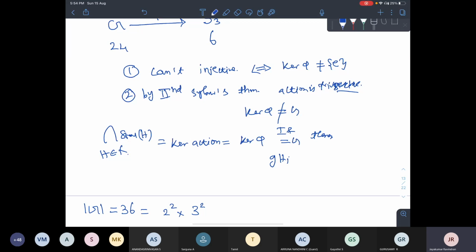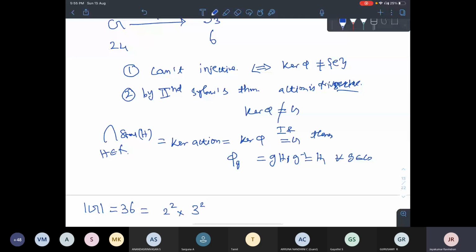But this is against the second Sylow theorem. The second Sylow theorem says that when you get one guy and conjugate that guy, that is a special thing, phi g, an inner automorphism, we say. Using inner automorphism or conjugation, whatever you call, you will get all the guys. That is what the second Sylow theorem says. But if this is happening, then the second Sylow theorem fails. So this is not happening. So that means the kernel is not full. We know the kernel is not full and not trivial, so it is a proper normal subgroup. Hence, G is not simple.